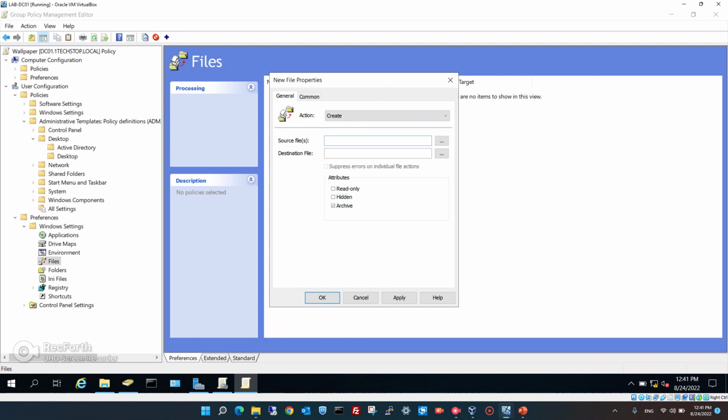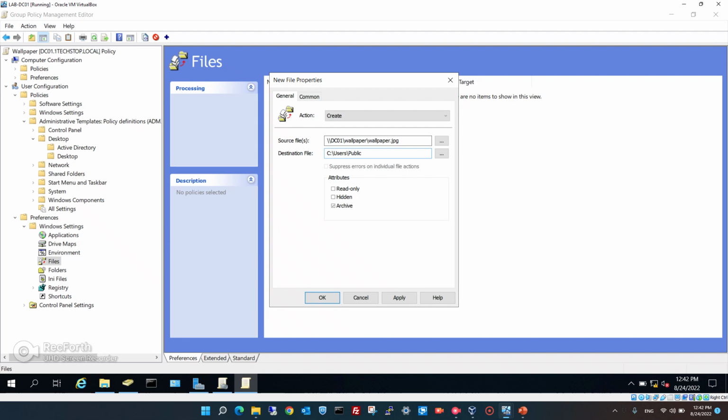Here the source file is our UNC path, and the file name. Then the destination file is the path on your user's local machine. So where it should store: C colon slash